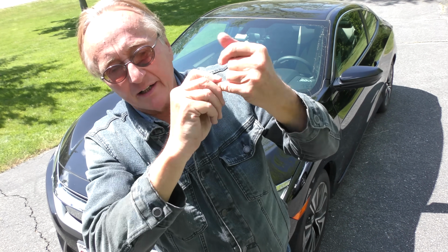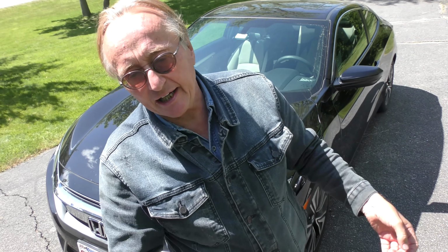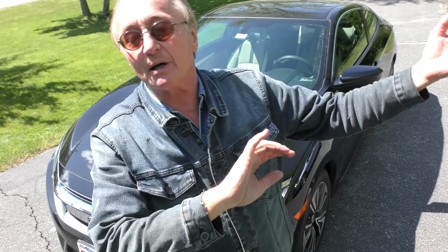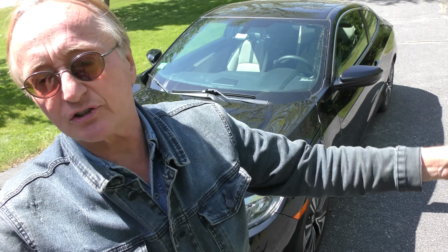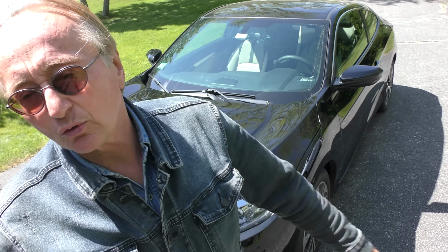Still mysteries that we'll never know. Why did one Carfax say the frame wasn't bent, but then 9 months later, a new Carfax says, yes, the frame was bent. He was driving the car the whole time. He didn't wreck it, so the information would have been out there to begin with. This is why I tell you, you can't trust, positive or negative these days. Guys at those companies, they don't know what the heck they're doing. They're just bean counters, right? They just take information, supposedly transfer it to their database. I wouldn't trust it as far as you can throw it, because this is a solid car, tracks fine, runs fine,